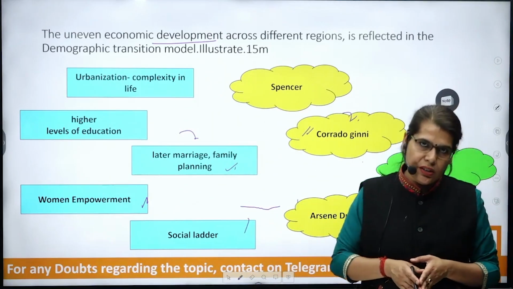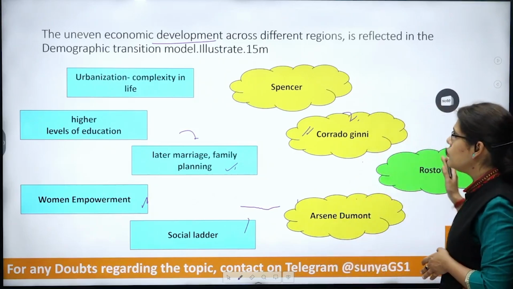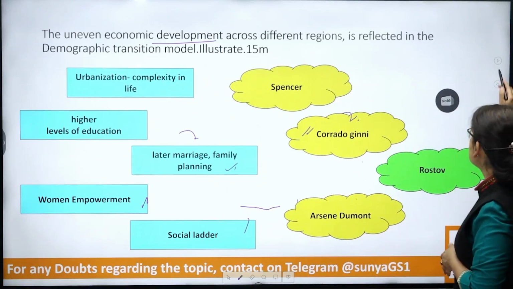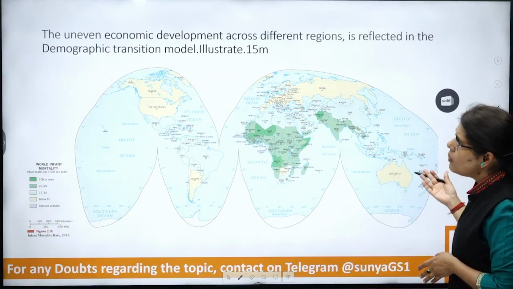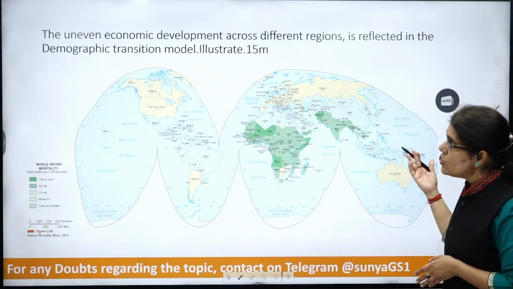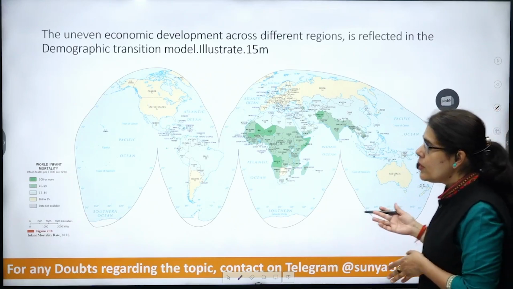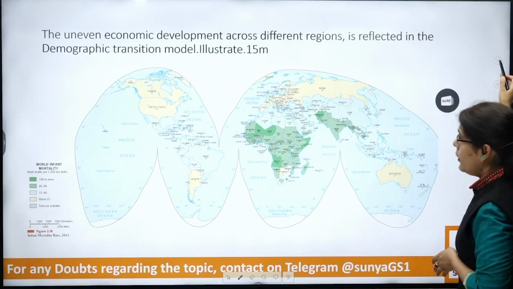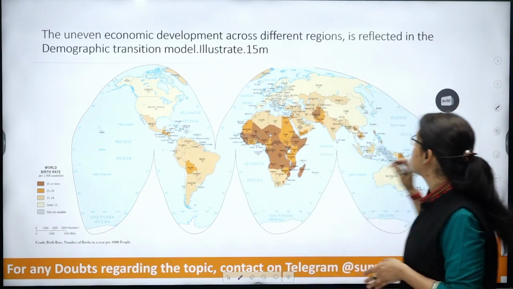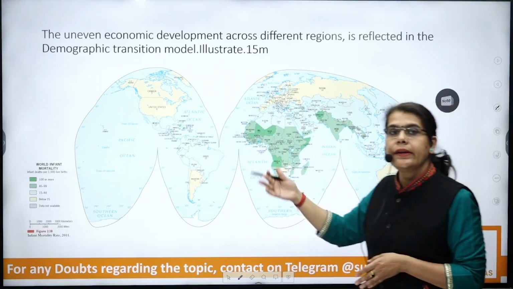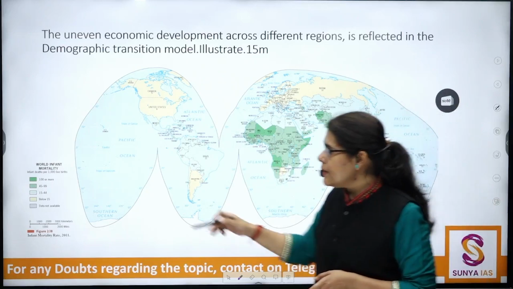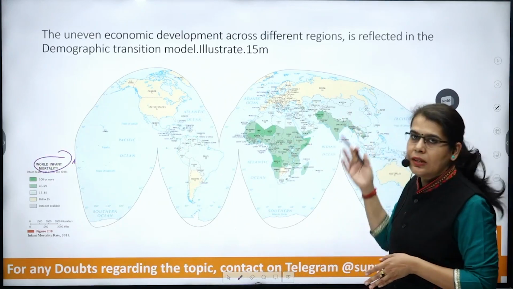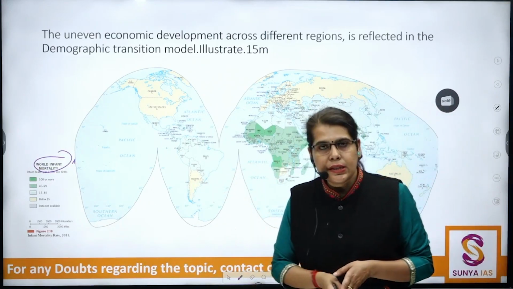The economic transitions which are happening across different regions can be paralleled with the Rostow model, where we can also associate the demographic transitions, clearly shown in parallel with the Rostow stages. Now when we talk about the global level, uneven economic development, you can see that very clearly in certain indices like infant mortality or birth rates. Whenever there are economic transitions, they are paralleled with a decline in infant mortality. Infant mortality is again high across sub-Saharan Africa and South Asia.